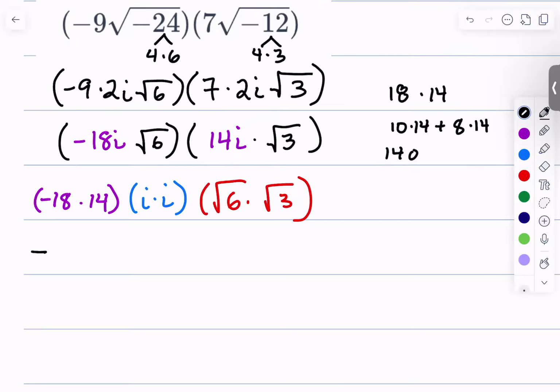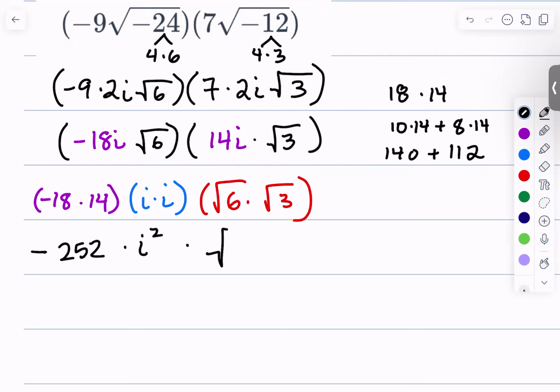Okay, so it's going to be positive 140 plus 8 times 14. That's going to be 112. Okay, so 140 plus 112, that's 252. So that's negative 252. I times I is I squared times square root of 6 times square root of 3